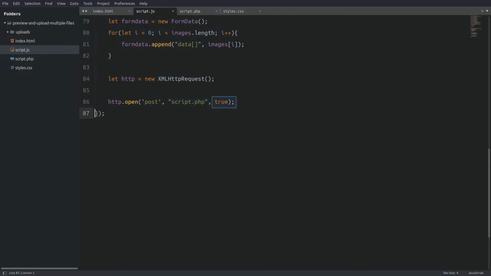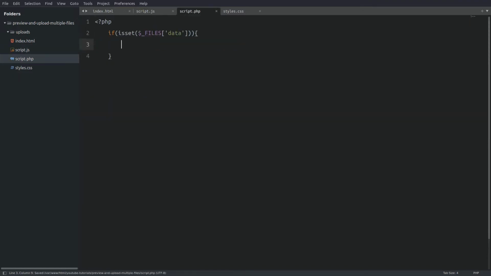And the third argument is the keyword true. That means that the request will be handled asynchronously. Next, I'm going to use the send method, and I will pass in as an argument the form data object. The send method is executing the request. Now I will go to the PHP file to catch the image files and store them in the uploads folder. Then I will come back here in the JavaScript file and write the upload progress tracking code and the server's response. In the PHP file, I will check first if the superglobal FILES variable, which holds the images array, is